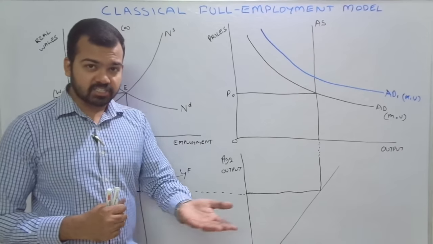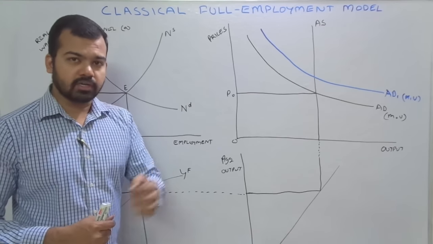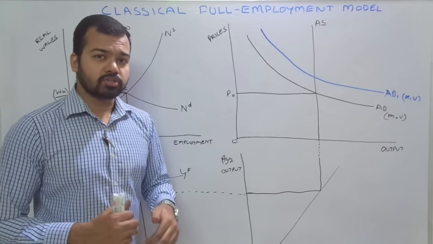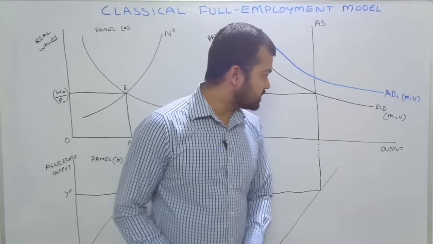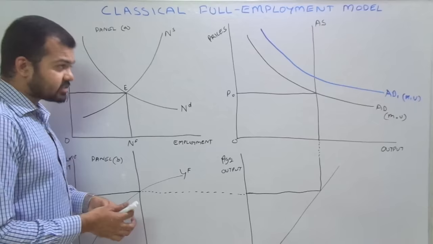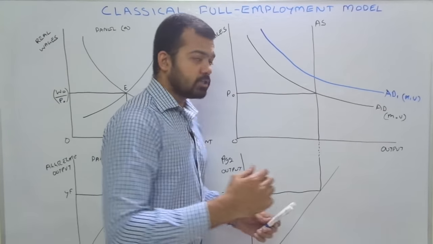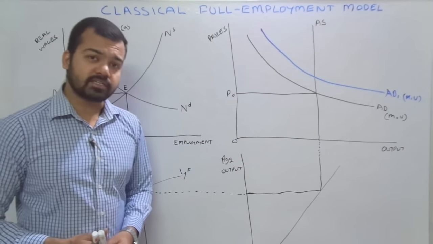Velocity, in simple words, we can say is how money travels. It means how money changes hands. The same rupee note changing many hands in the economy. So that is how money travels in the economy. Now for example, aggregate demand is increased due to an increase in the money supply by the central bank of a